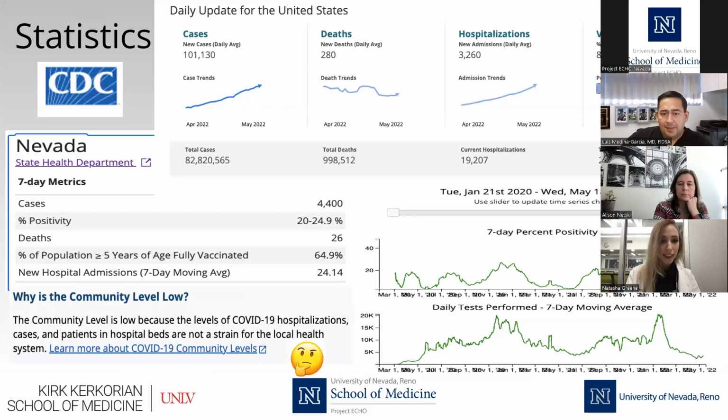And so talking a little bit about statistics, this looks like a busy slide, but I'm going to break it down fairly easily. I want you to see this in the context of the national temperature of how we feel about COVID, right? And the feeling across the board is that we're done with this pandemic. But I will remind painfully everyone that this pandemic is not done with us. So we had a very beautiful honeymoon period over the past couple of months where cases were very low, but here you could see in the upper left-hand side, new cases in the United States are averaging about 100,000 new cases a day,